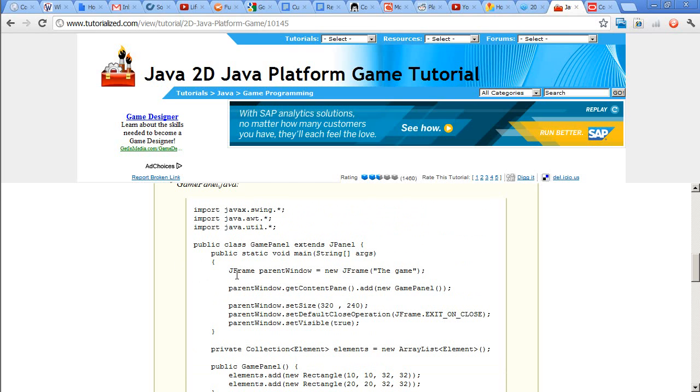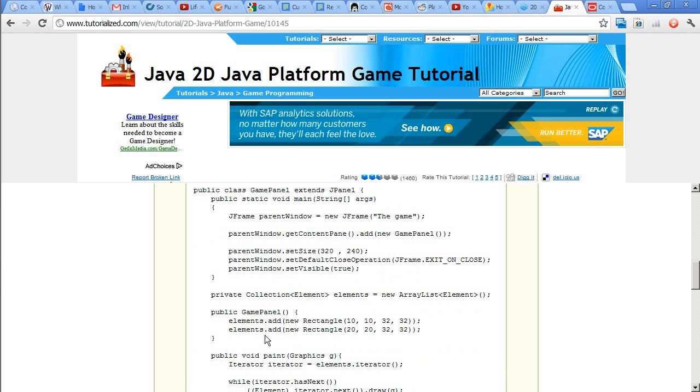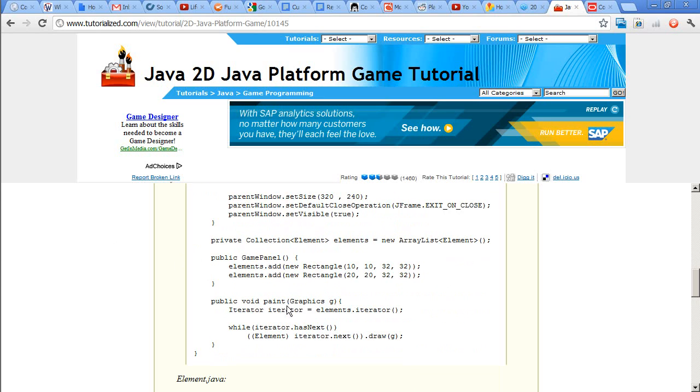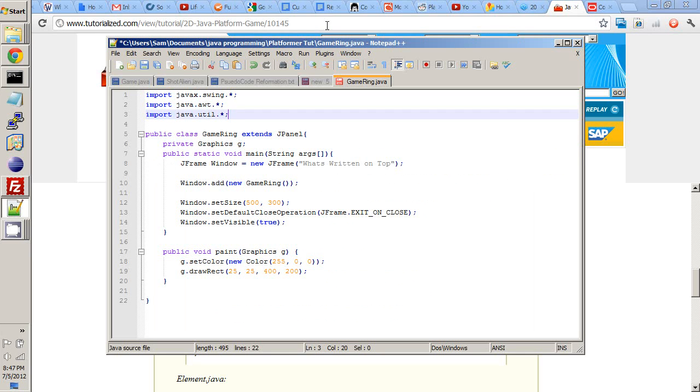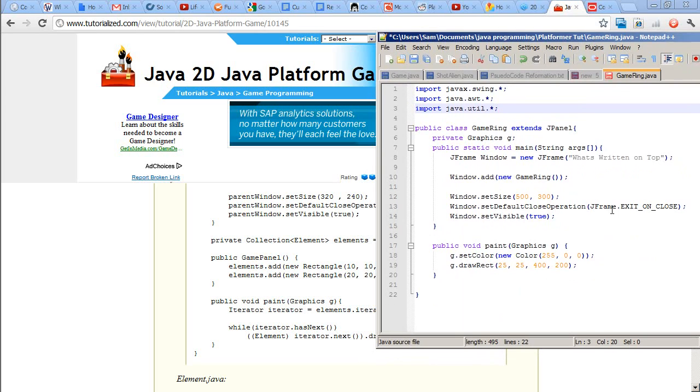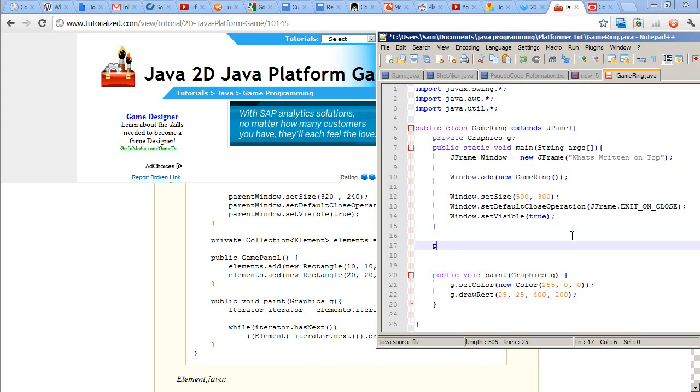Okay, so we're gonna do JPanel, blah blah blah, and this is the constructor for the class. I like that. I like constructors. I like Java. All right. So constructors are basically